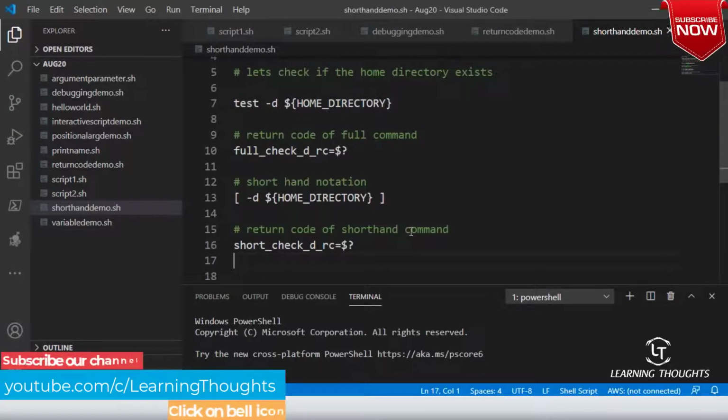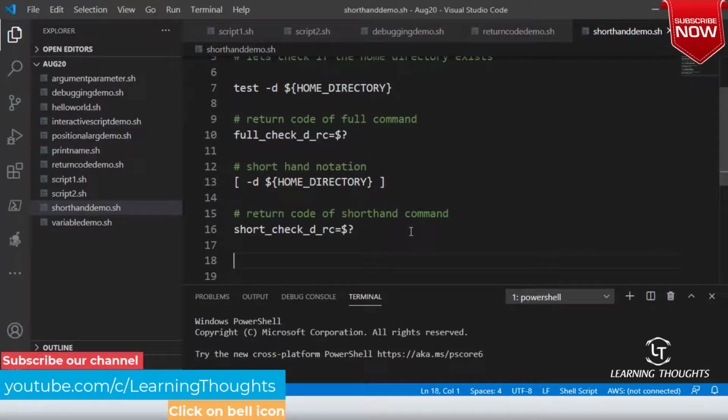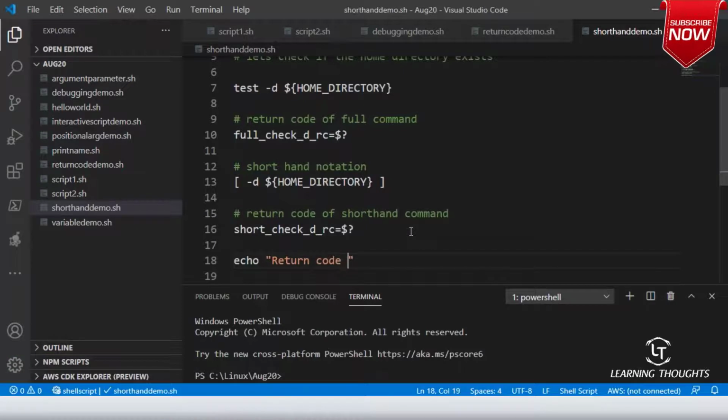Okay, so now I can simply write, okay, so echo return code for full command using test -d is $full.